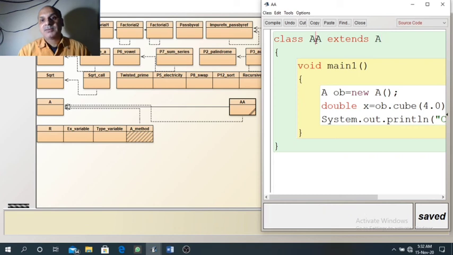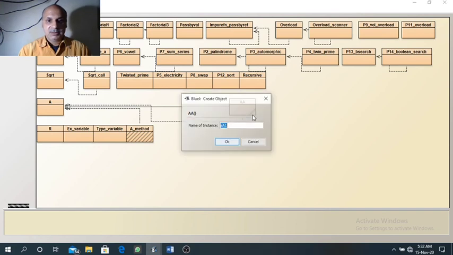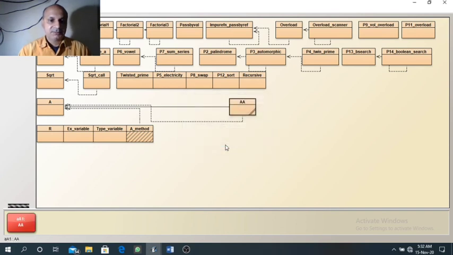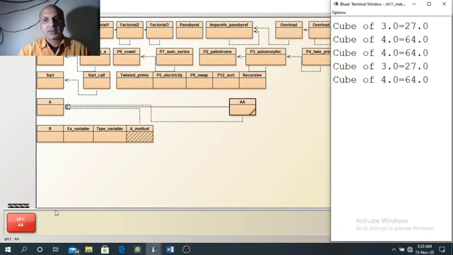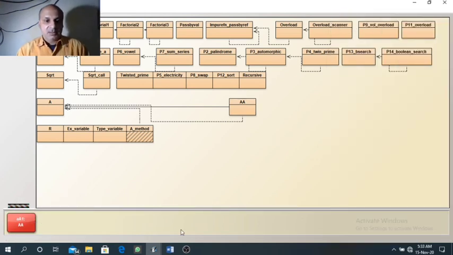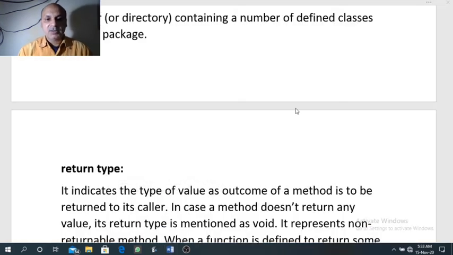After the class name, we need to write the keyword extends, then the class which we want to inherit. Now if you run, it will work. So public, private, protected, all the access specifiers we have studied.